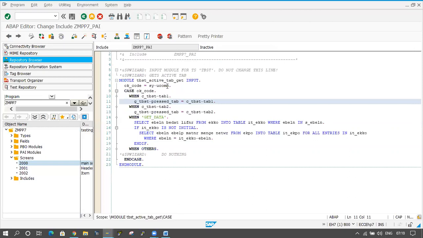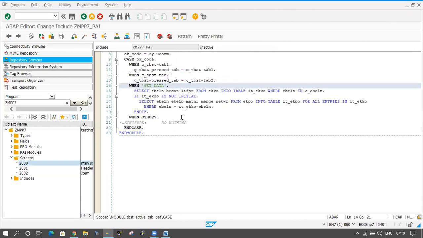This is the active tab. If I click on tab 1, tab 2, then the active tabs are passed using the work area name hyphen field name like that. Fine, so our code is this one. I'm selecting some data here. And the activation part, for tab 1, tab 2, automatically the code is coming here.